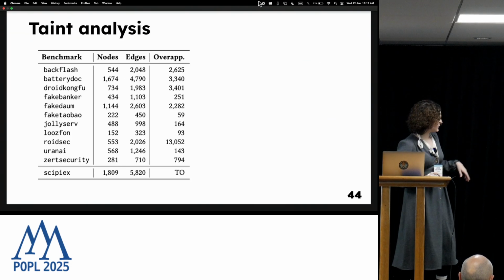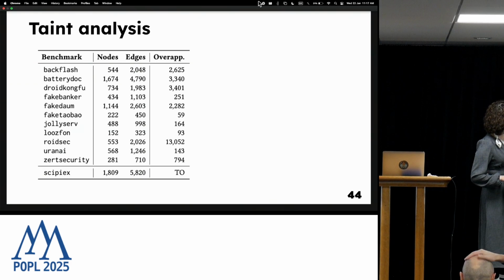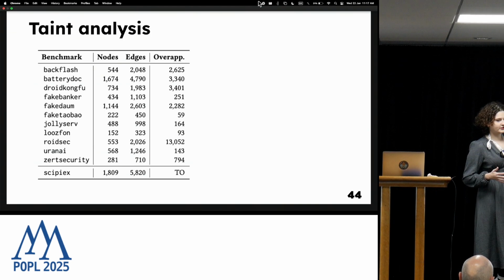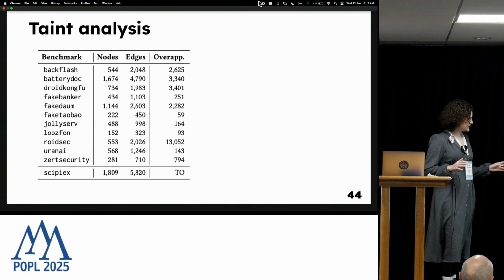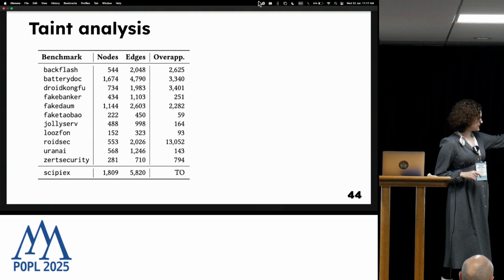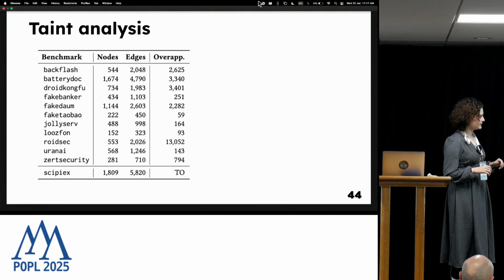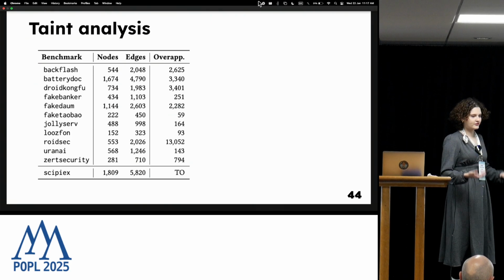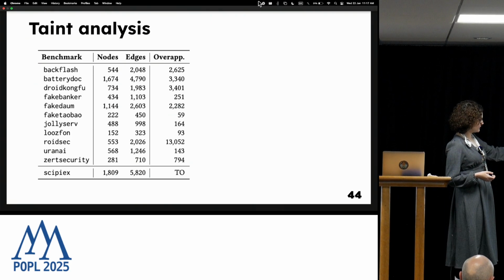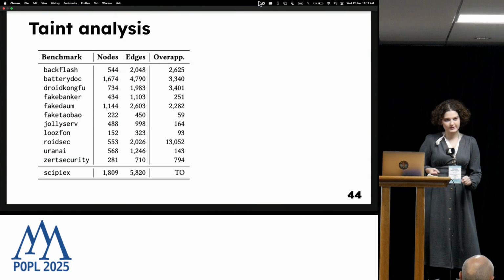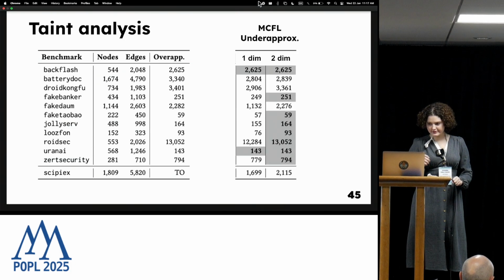So these are basically simplified versions of Android programs. But you can see that they already have a decent number of nodes and edges, right? They're not tiny, tiny graphs. And these over approximation columns show how many pairs of variables were reported by the best available over approximation. And in our results,